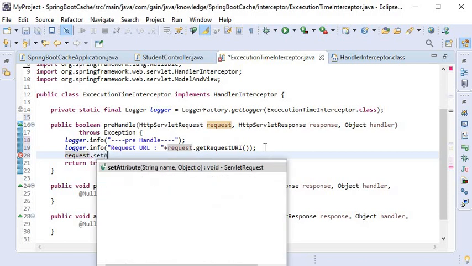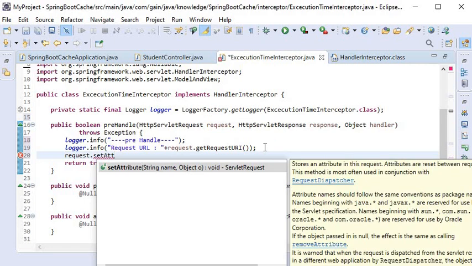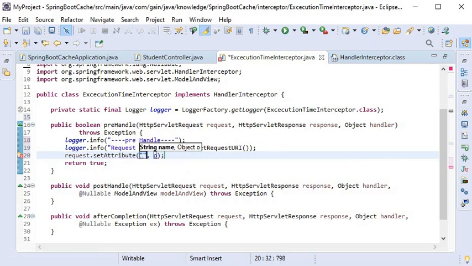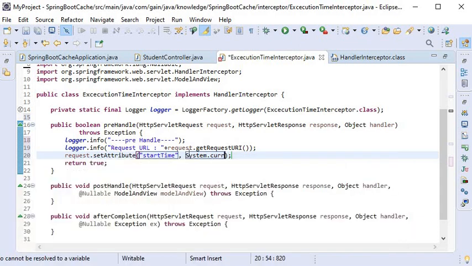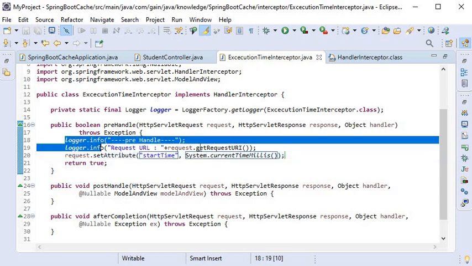request.setAttribute. Here I will pass the attribute name and its value, and the attribute name will be startTime, and its value will be System.currentTimeMillis. So I will count the time taken by the request to complete. After setting the attribute, here I am returning true, and the next function, that is post handle, that will